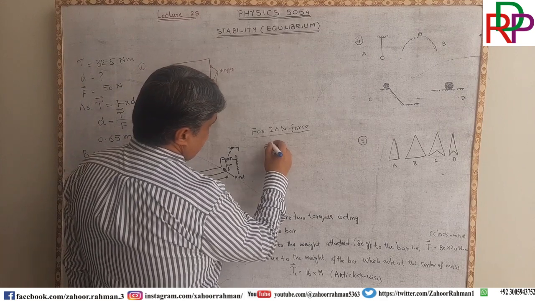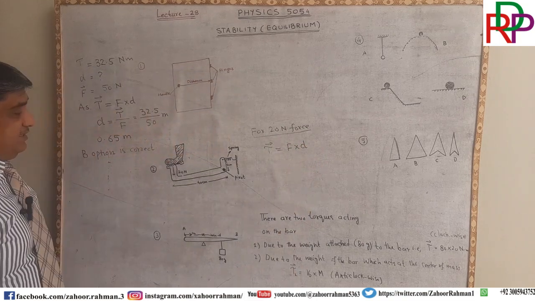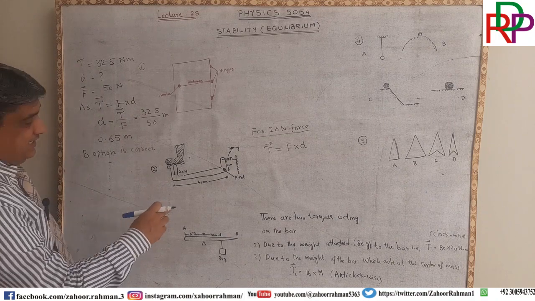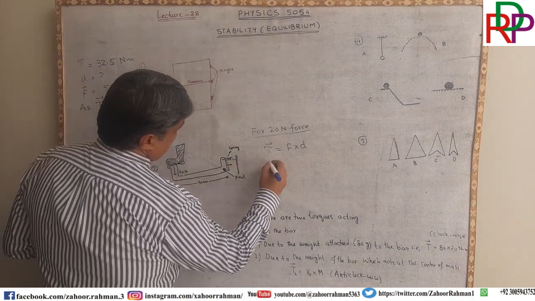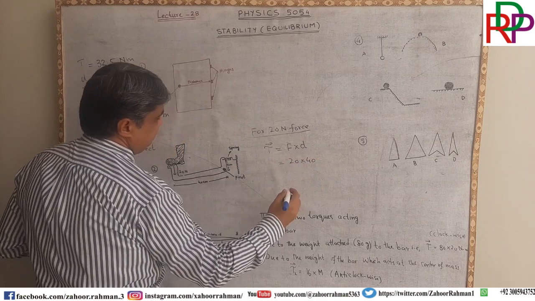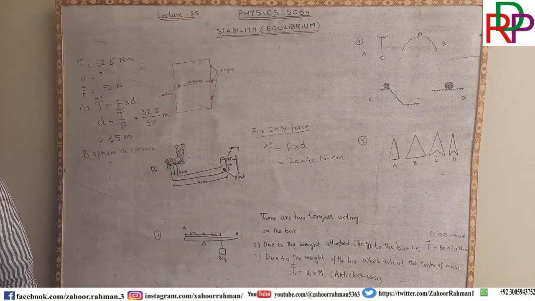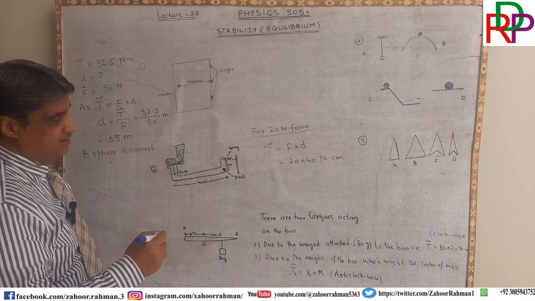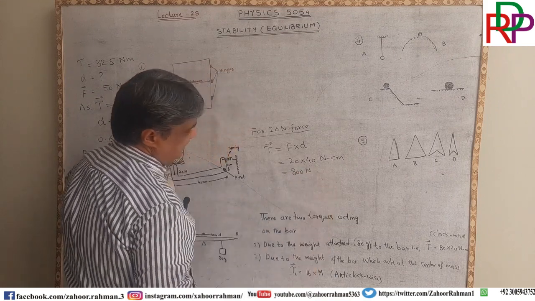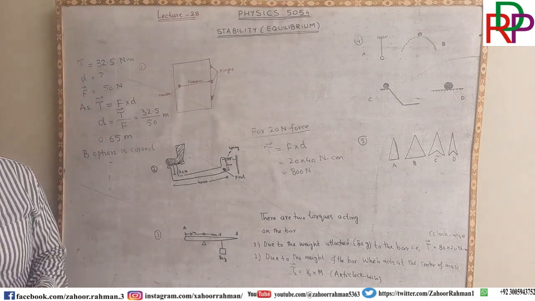For 20 Newton force, torque is equal to F cross D. F is given as 20 Newton, and D is given as 40 centimeter. So 20 into 40 Newton centimeter, and that will be equal to 800 Newton. So we are writing it 800 Newton. Ladies and gentlemen, now for